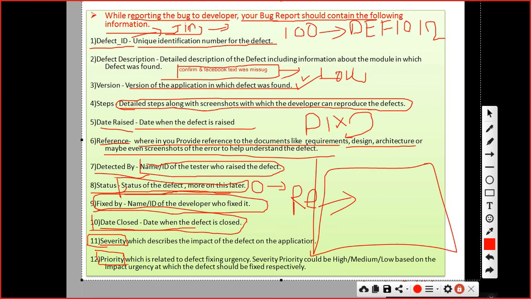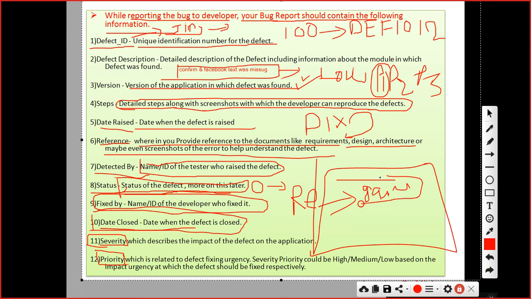Priority means P1, P2, P3. P1 means highest. What happened? The server is completely not working. You can see, last month I think Gmail was down, right? I pinged you in the WhatsApp chat.